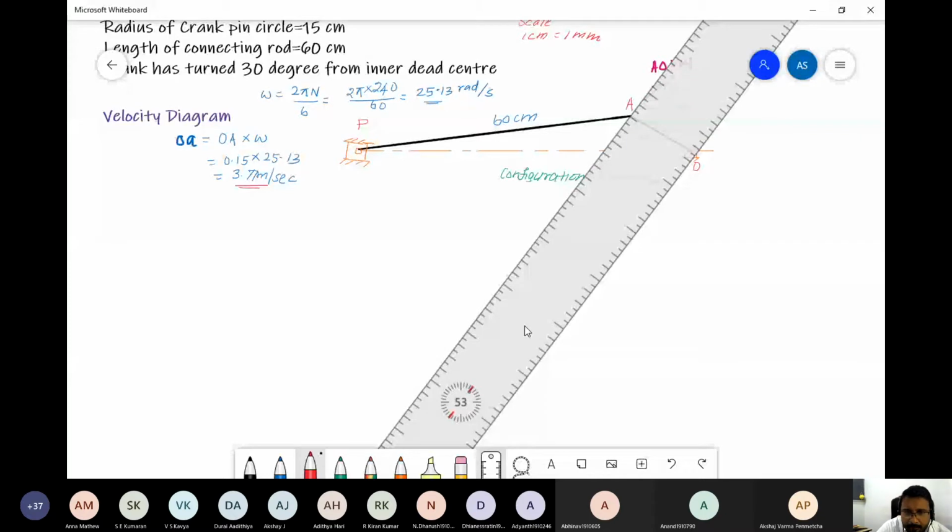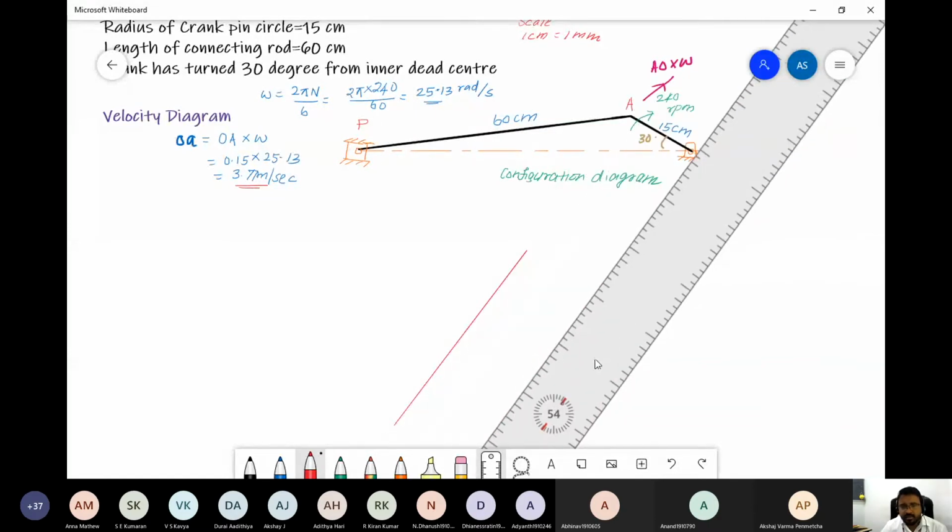Now I am drawing the vector. So what is the length we have? We have to draw 3.77, correct? So I make it like this. One, two, three, 3.5. Okay, leave it approximately. So this is it. So we have got it.